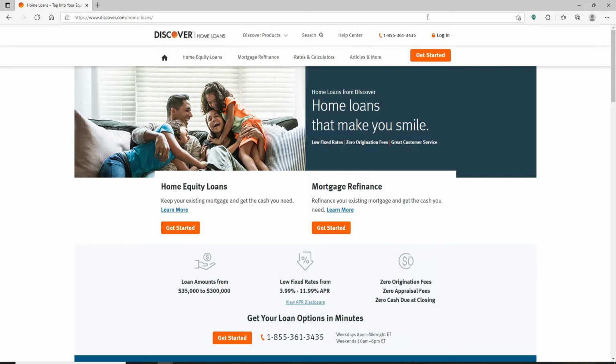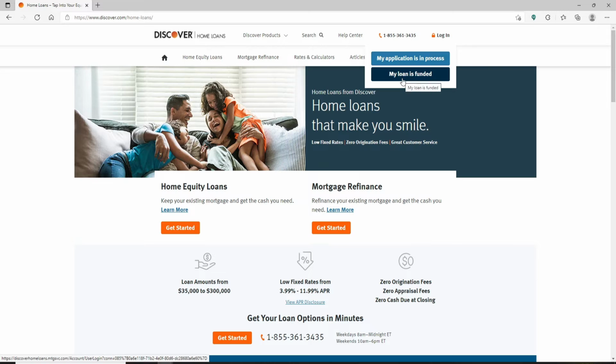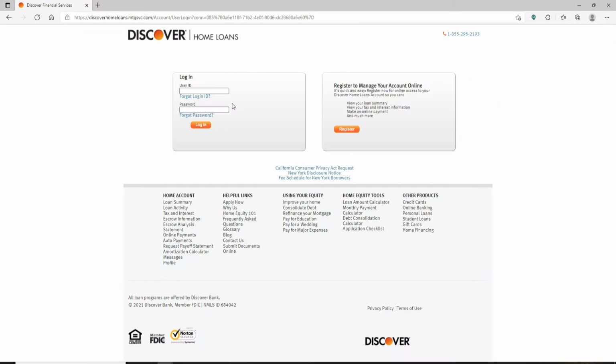Go to the login link at the top right hand corner and choose whether your application is in process or your loan has already been funded. Now, once you end up in the login area, type in your user ID in the first text field. In case you don't remember your user ID, you can click on Forgot Login ID link and follow the instructions